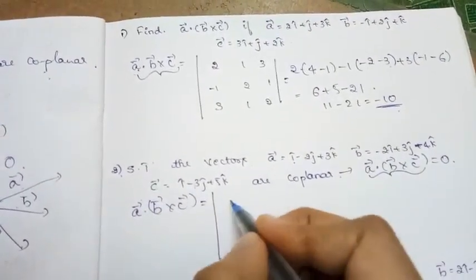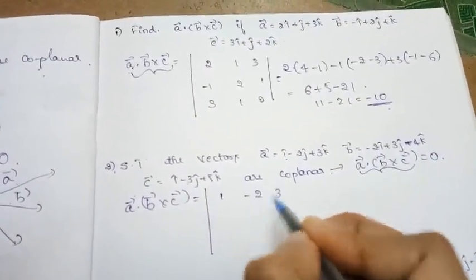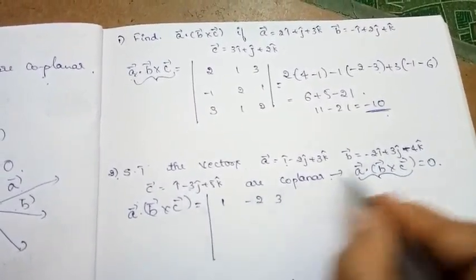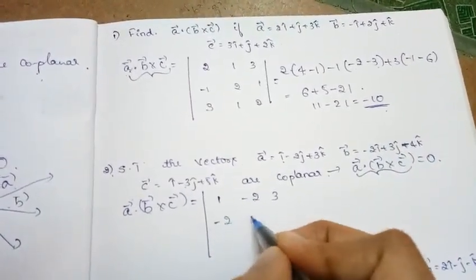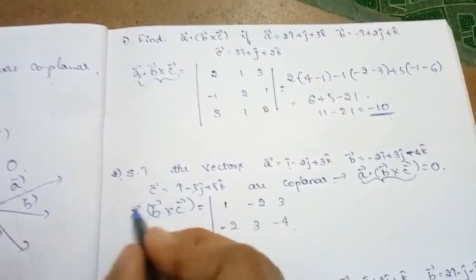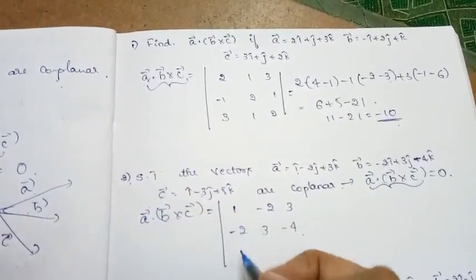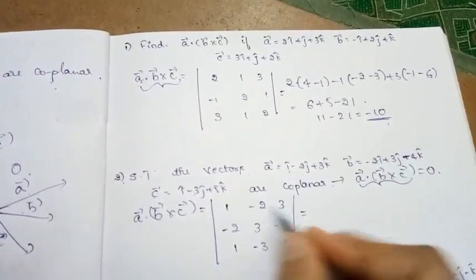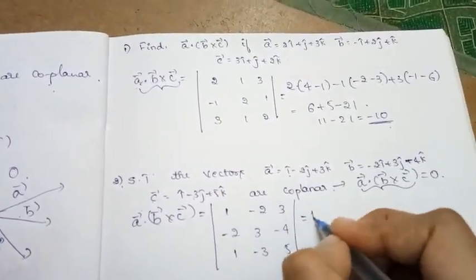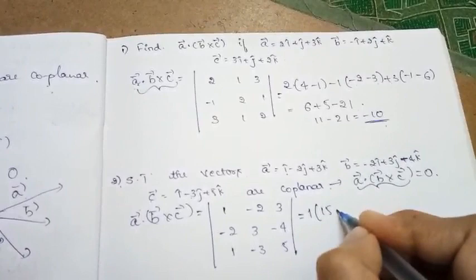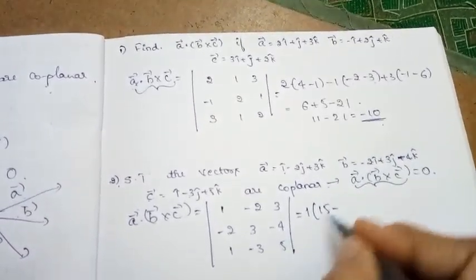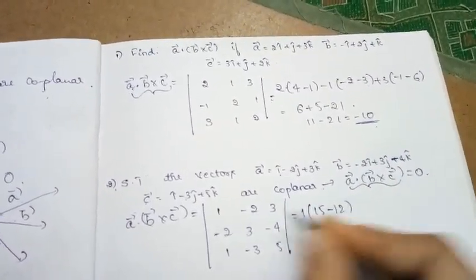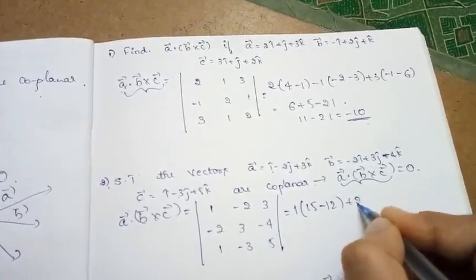First row, that is 1, -2, 3. Second row, component of second vector, -2, 3, -4. The third row, component of third vector, 1, -3, 5. So now I am expanding this one along the first row. 1 times, 5 times 3 is 15, minus into minus plus, so minus 4 times 3 is 12, minus of minus plus 2,